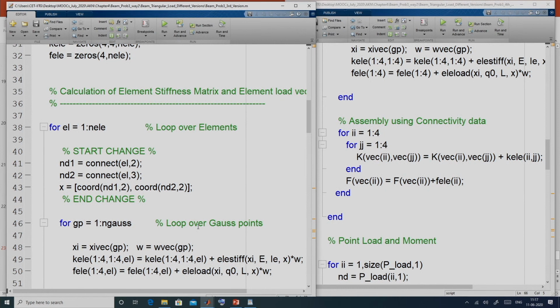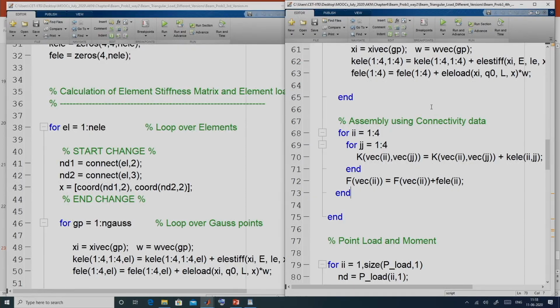Thus, when we have thousands of elements, which generally appear in any reasonably large problem, we need not store for those 1000 elements. In our previous version we were storing 4 cross 4 cross 1000.